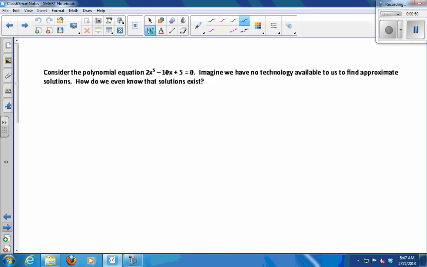Yeah, it's continuous because it's a polynomial, which means we have to be able to draw it without picking up the pencil, right? So if I can show that sometime it's negative and at another x value it's positive, then I know it has to go through 0 somewhere. So we can talk about whether or not the solutions exist without having any technique for being able to find out what they are. So if you look at this guy, if we let y be 2x to the 5th